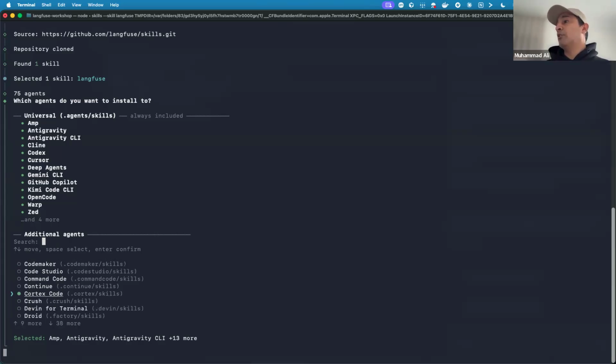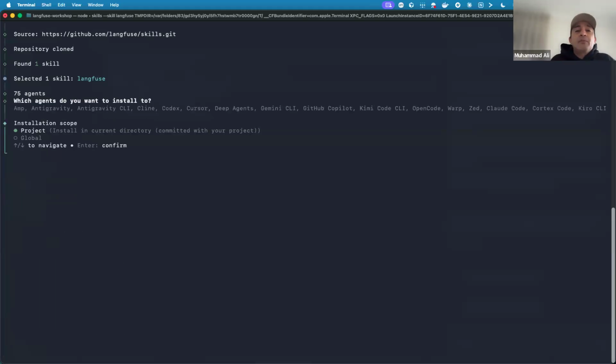If you have Codex, you can select that. If you have Kiro, you can select that. Whatever you have, you can use this to install skills. If you are using an agentic coding assistant, it will enable you to do that.